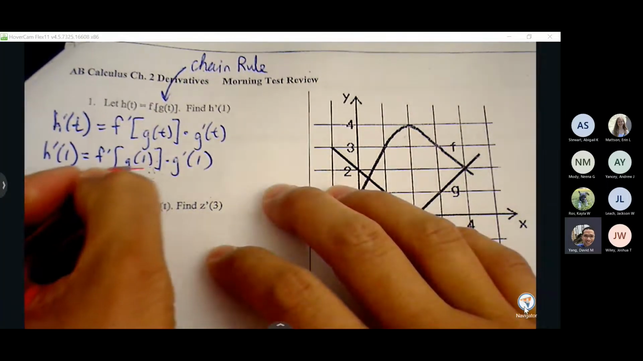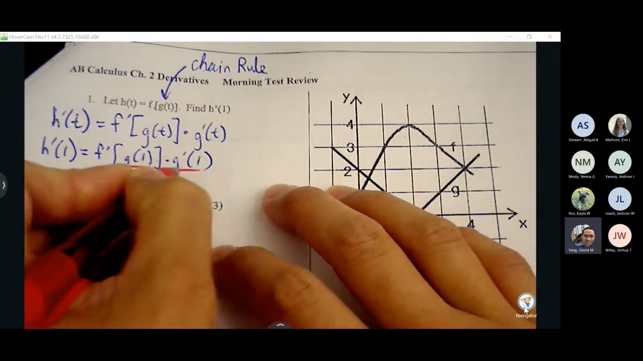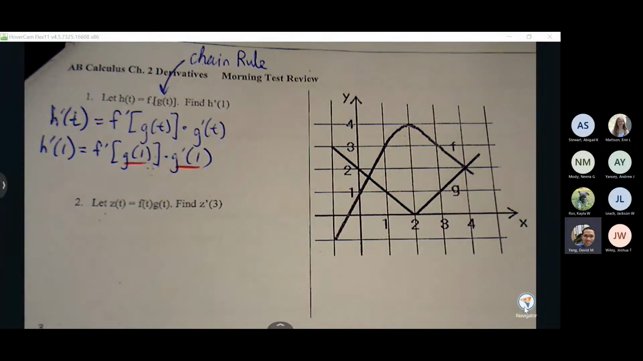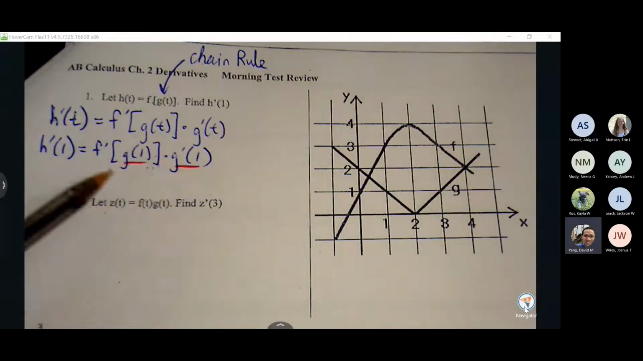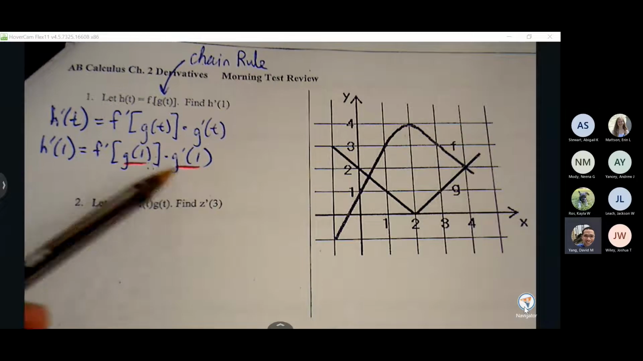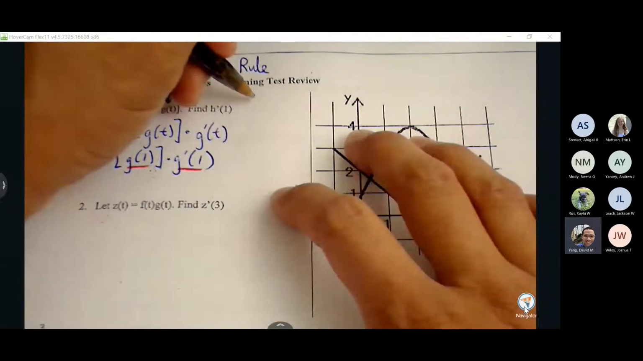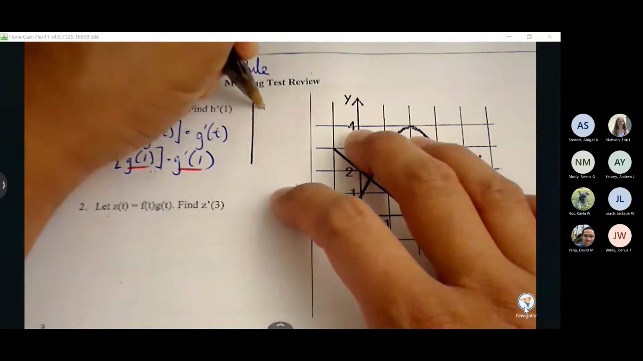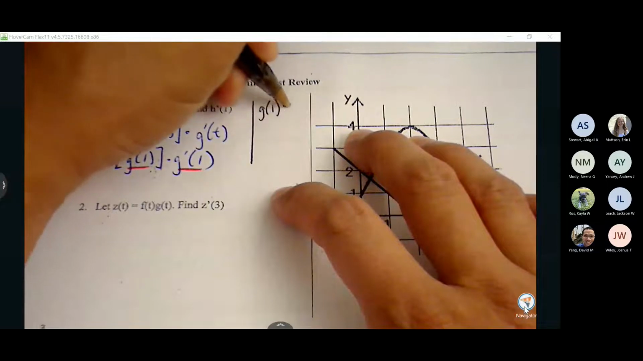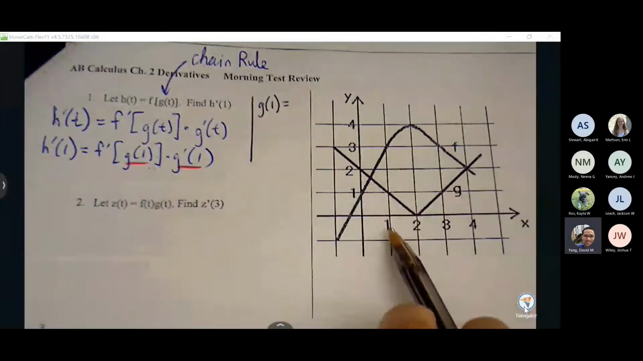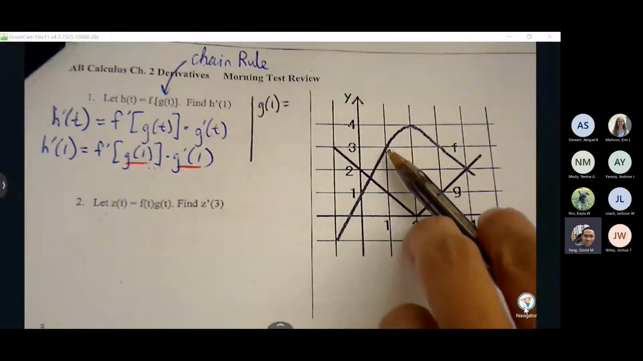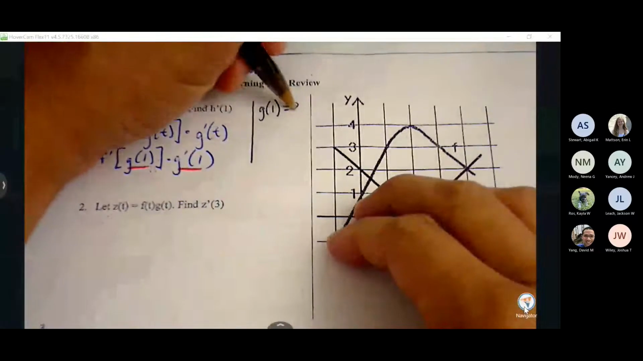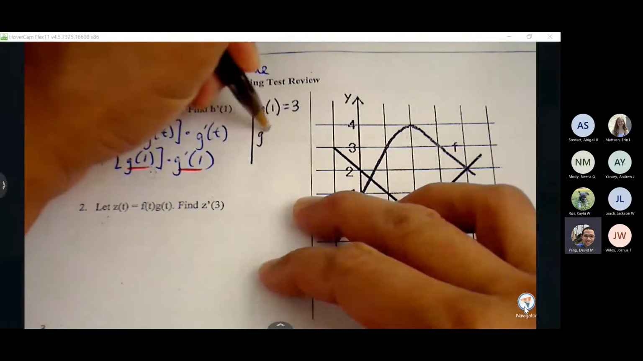And that is, we can find g of 1 and g prime of 1. So we'll find those pieces, make the substitutions, and we should be able to have an easier problem on hand. So let's find g of 1 and let's find g prime of 1. I'll go ahead and put that over here to the side. G of 1 is equal to 3. G prime of 1